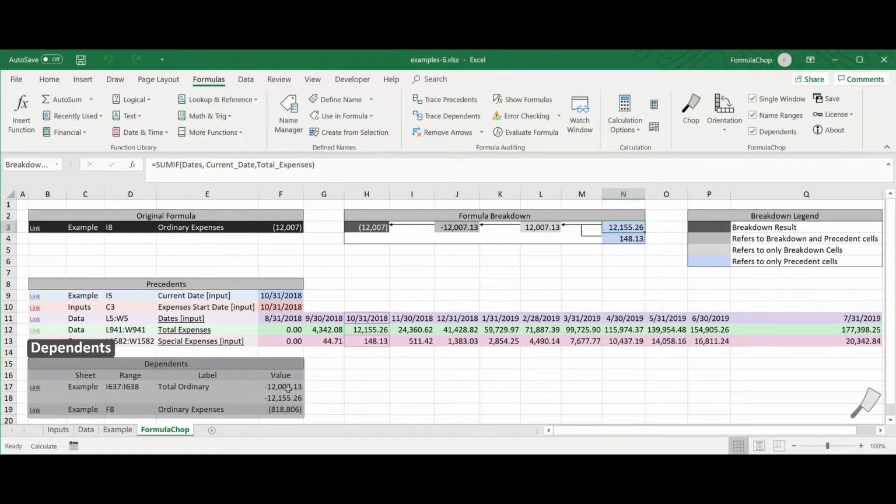FormulaChop shows the dependents of the cell that it was run on, and dependents that are next to each other are grouped